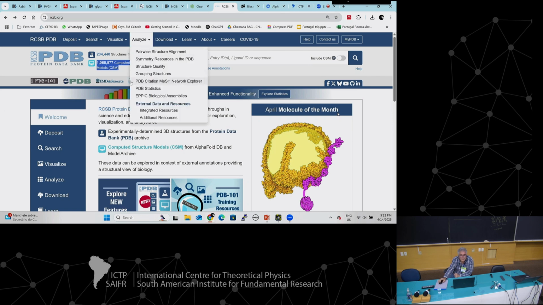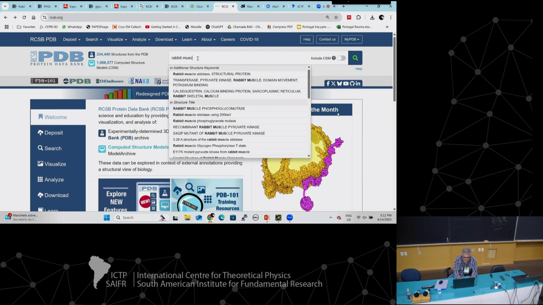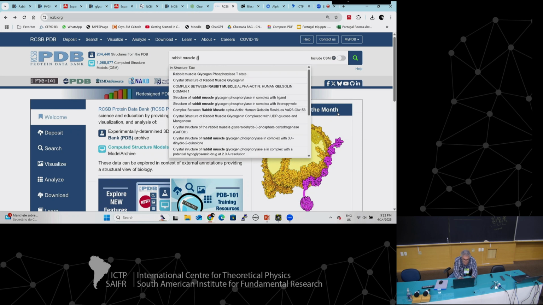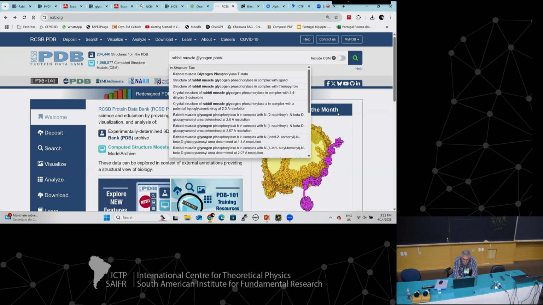And there's a whole bunch of interesting educational information here. You can explore this a lot. But if you put in rabbit muscle glycogen phosphorylase,